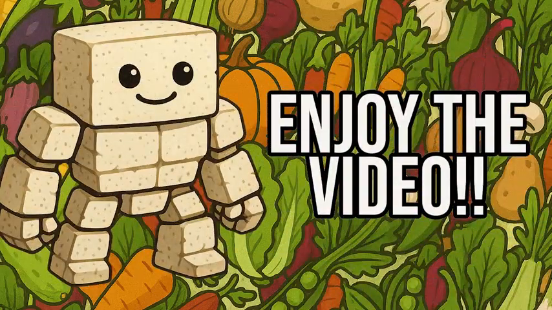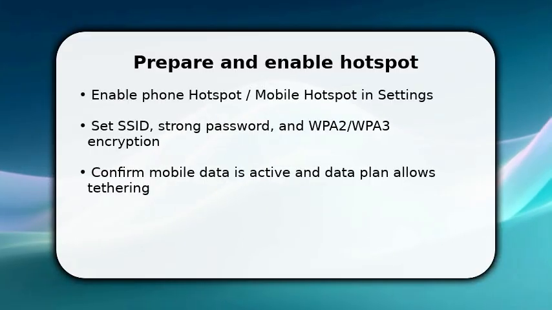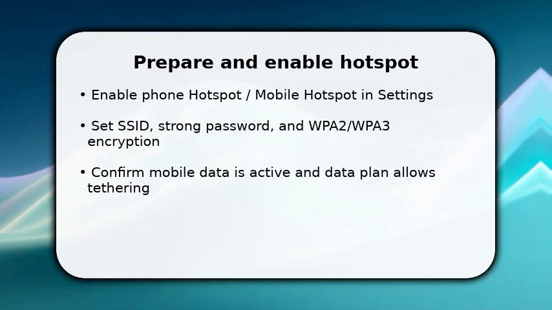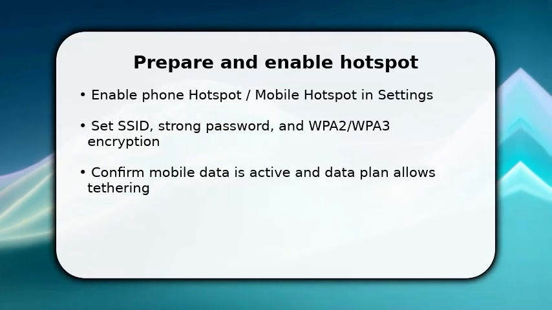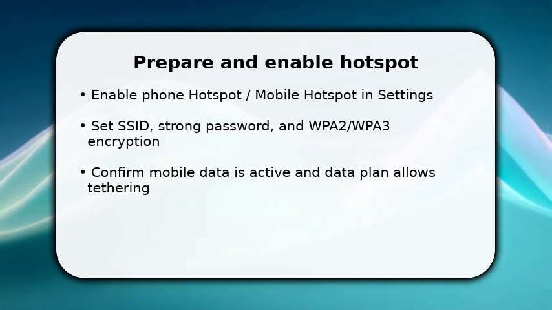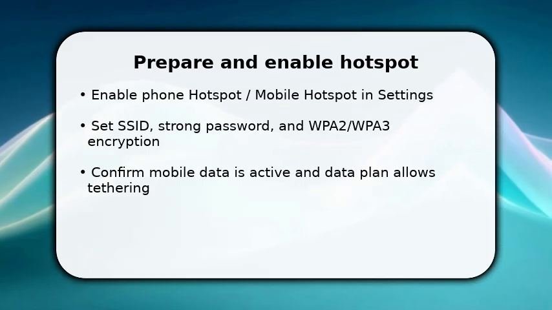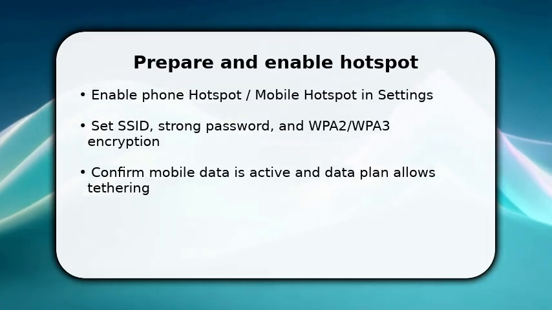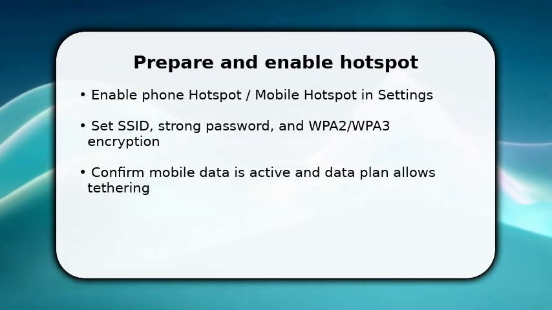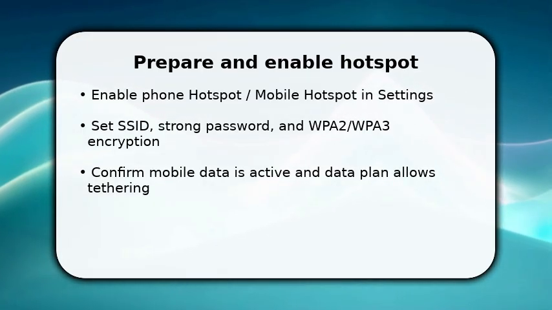Please enjoy the video. You start by enabling the mobile hotspot on your phone and configuring it. This gives your PC a private Wi-Fi network to join. Once done, pick a clear SSID and a strong password, and choose WPA2 or WPA3 for security so other devices cannot snoop. Make sure mobile data is enabled and your carrier allows tethering, because without active data, the hotspot won't